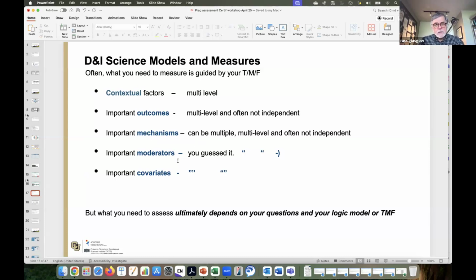Thinking about moderators and covariates, often that's a big issue in implementation science because we do attempt to do a lot, and the world is complex. One of my favorite phrases is "it depends," and these are issues that often drive what it depends on. But ultimately, think about the models or frameworks we went back to. Your choices in each of these areas should be driven by your logic model or your framework